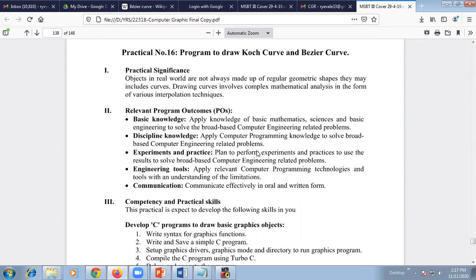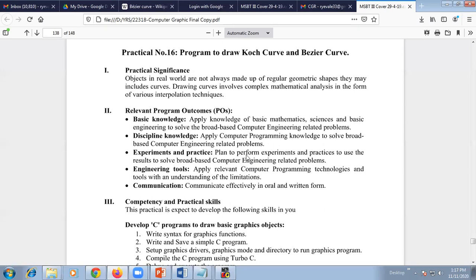For the Bezier curve, we need to summarize first what is the need of curves, because every object is not like a line segment and straightforward. It may be a curve shape. So the Bezier curve is responsible for generating curves that fit into that particular object space. Let's see the basic purpose and significance of that practical for you, as objects in the real world are not like geometric shapes, they might be curves.